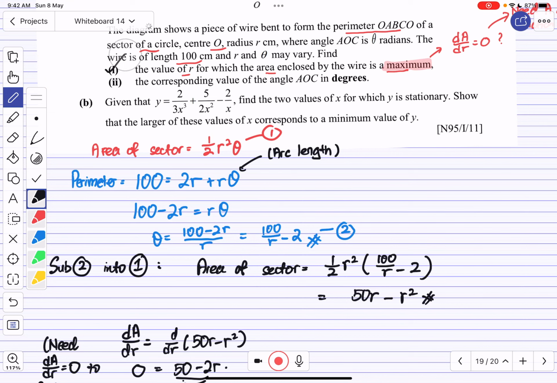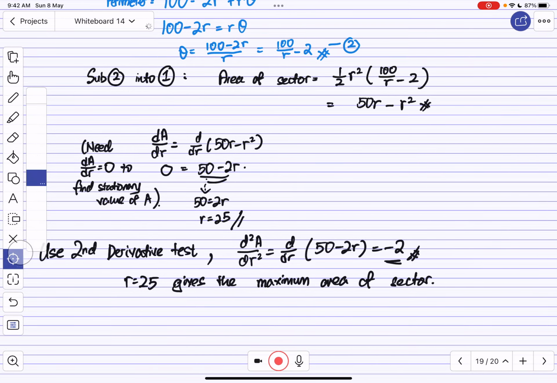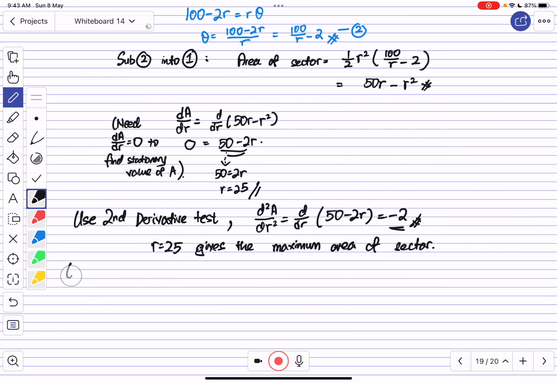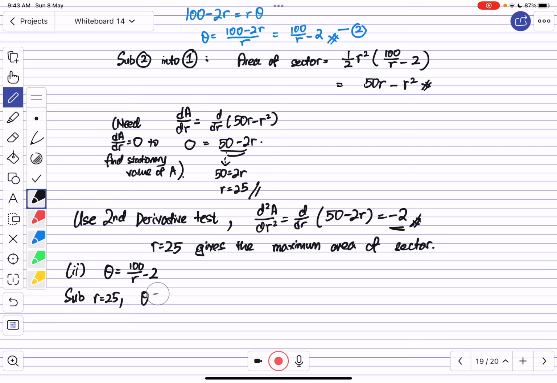Okay, so I've done part 1. The corresponding value of AOC in degrees. So what is our theta? AOC is over here, so I proceed to sub it. We know that earlier we defined theta as 100 over R minus 2. Remember, calculus we always do in radian form, so here we do it in radian form, and after that we convert it back to degrees. If I sub my R to be 25, my theta turns out to be 100 over 25 minus 2,